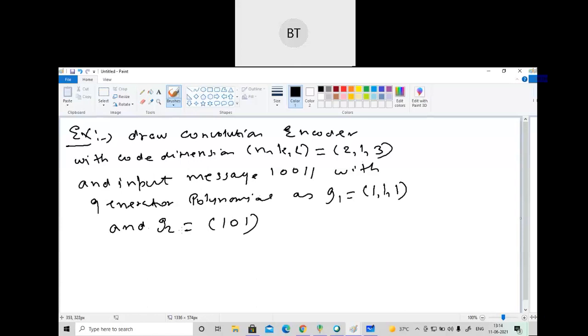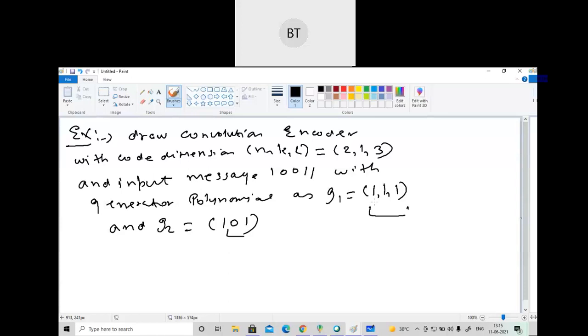As you can see here, if you can recall what we did previously, we used only one generator matrix in the block codes, but here we are using two generator matrices. So why are we using two? By this you can assume it is to increase the efficiency. If we increase the efficiency, we can easily correct the error by using two generator polynomials. So you can conclude that convolution codes are very powerful because they can increase the efficiency based on the given problem.